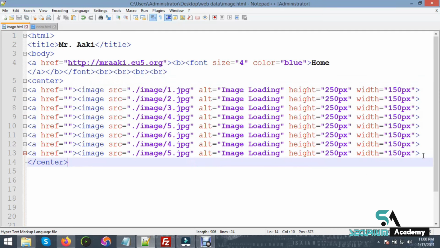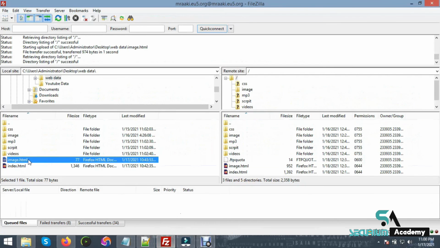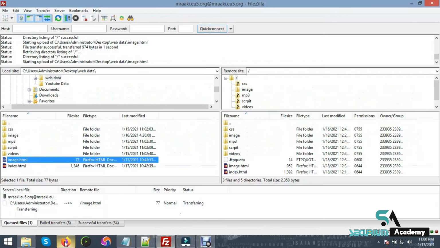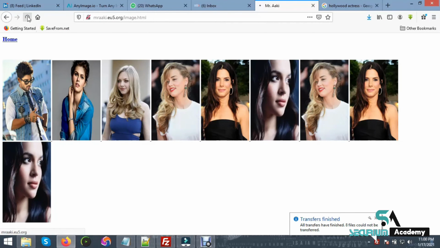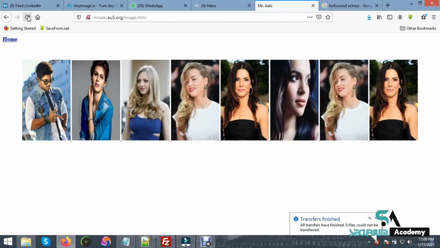Then you press Ctrl S and go to FileZilla and again update this page, and go to the live server and refresh. Okay, it's showing like this. This picture is clickable but it's not working because there is no link here. Next,